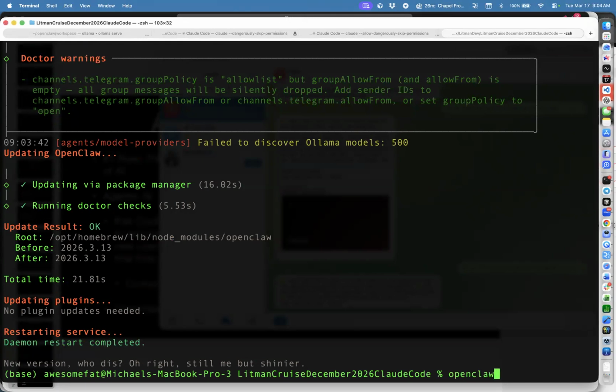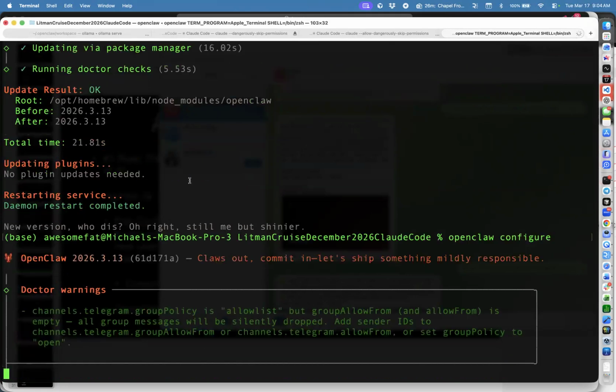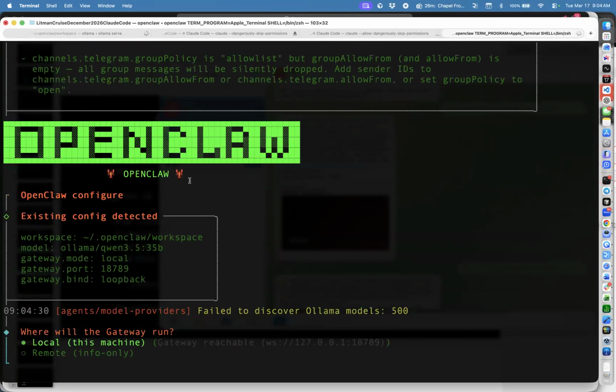Now I'm going to do OpenClaw configure. All right. So this is a newer version of OpenClaw. This is something that came out post the merger, the acquisition by OpenAI. I think what happened is OpenAI hired the maker of OpenClaw with some sort of, I'm guessing, ridiculous signing bonus that came with him turning the project over to them. The project's still open source, by the way. But in any case, so I can go and I can set this up.